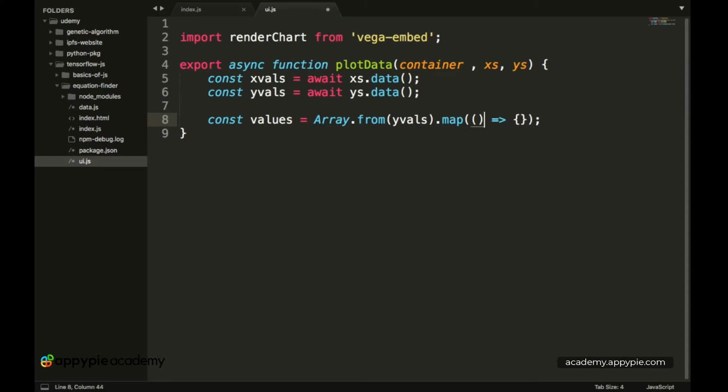Okay, so this is the basic syntax of an arrow function. We have a pair of round brackets followed by an equal to and an arrow, which is pointing in a particular direction, and then we have these curly brackets. Now inside the round brackets we basically have to take in some arguments. So let's take in y and i. i is basically just the index of the particular value which we are referencing. This is again a type of loop in JavaScript.